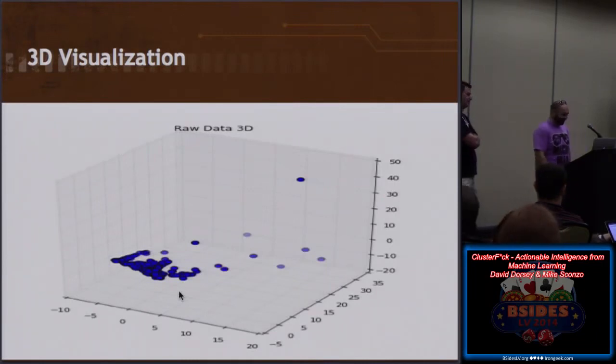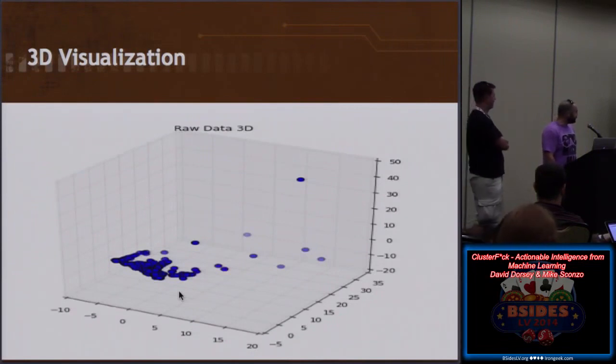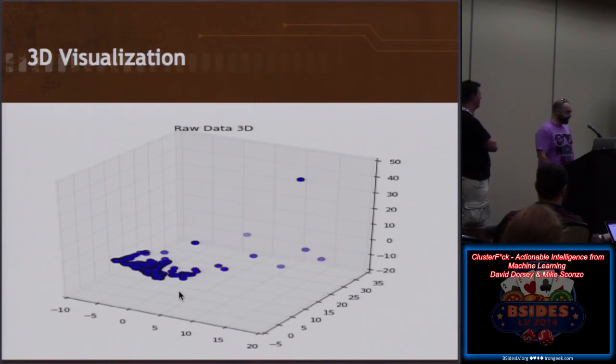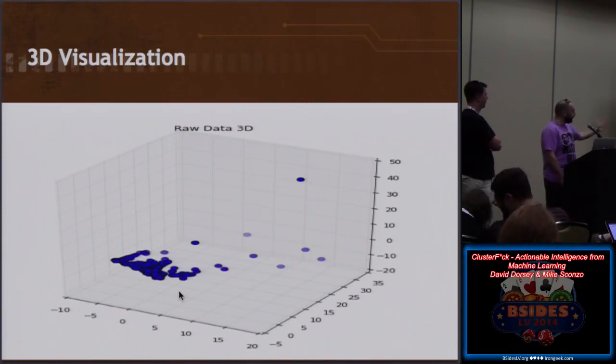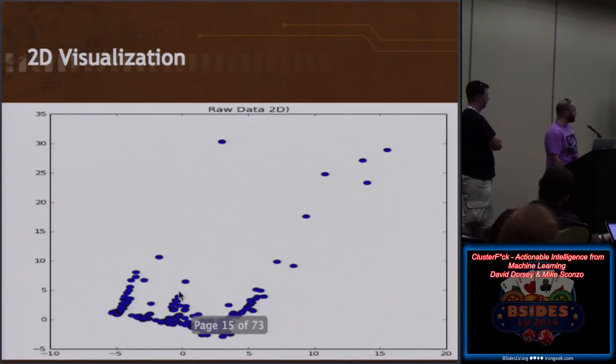Somebody had to. So this is a really sweet high-resolution picture of the raw data in 3D. When graphing the 3 most important features of each file, this is what our file layout looked like. These are all 639 blue dots. And this is what it looked like in 2 dimensions.